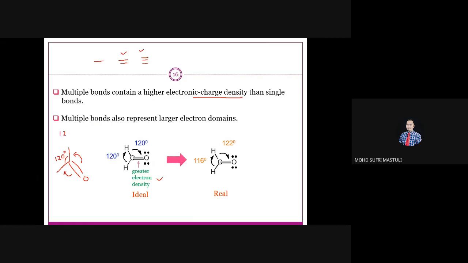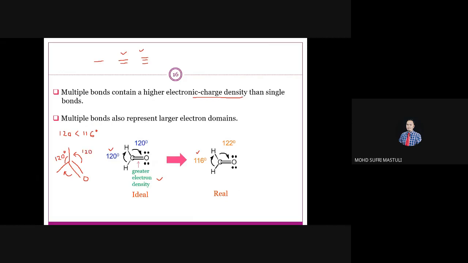The angle will be reduced to a smaller number. In this case, it reduced from 120 to 116. However, the angle here increased from 120